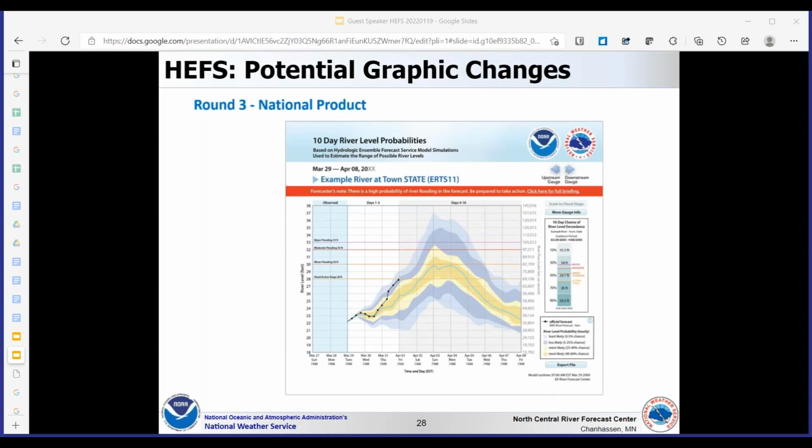And there was a definite want and need for some kind of forecaster note, which is seen here in the red band. The users overall were very confident in NWS ability to provide forecasts, but they pretty universally wanted some kind of note directly from the forecaster to express other info, such as confidence. Now, obviously, this might not be easily done when there's widespread flooding going on. Plus, there are typically automated forecasts, so not sure how we might even try to accomplish this. But this is what the forecast groups came up with.